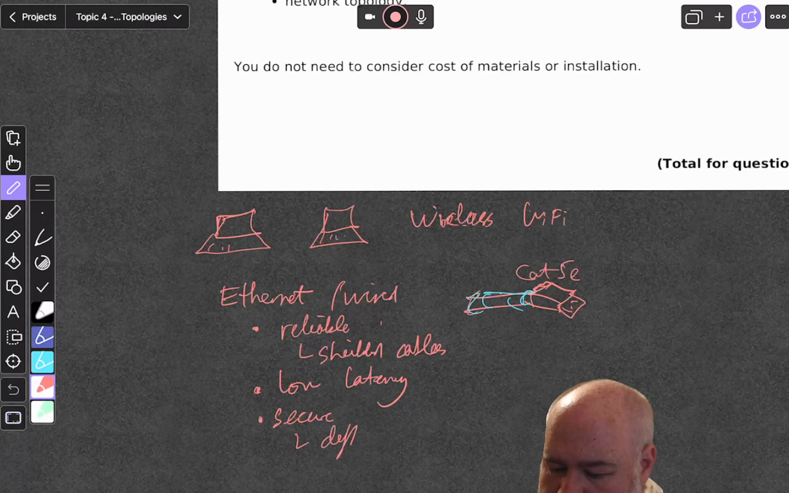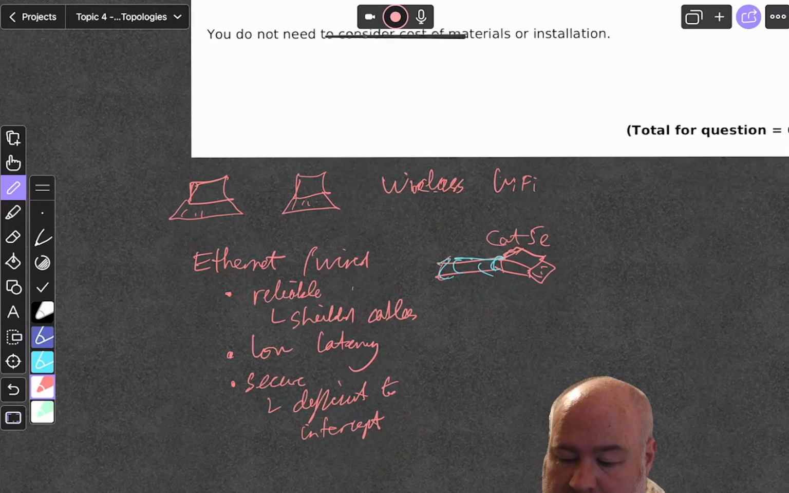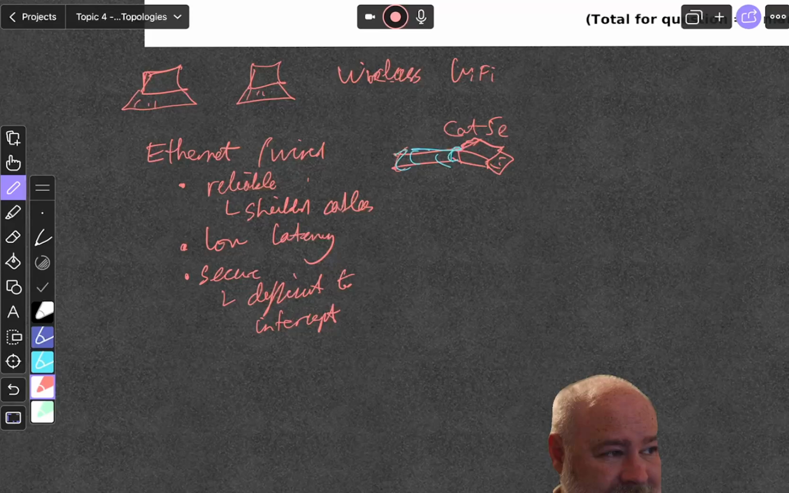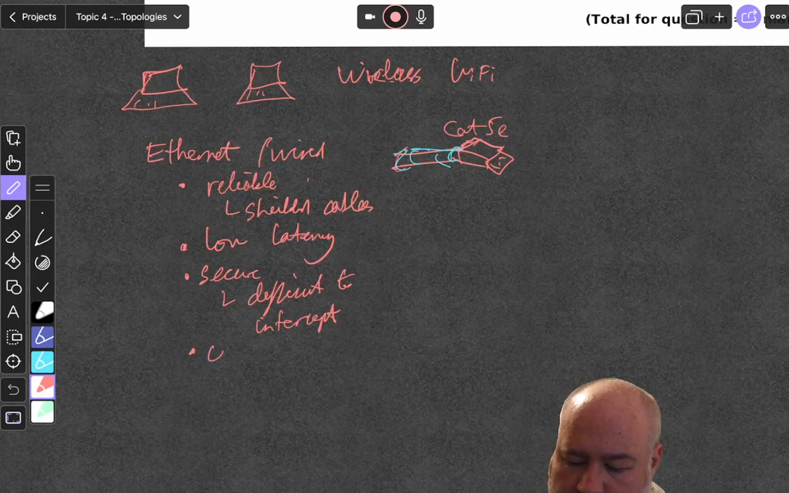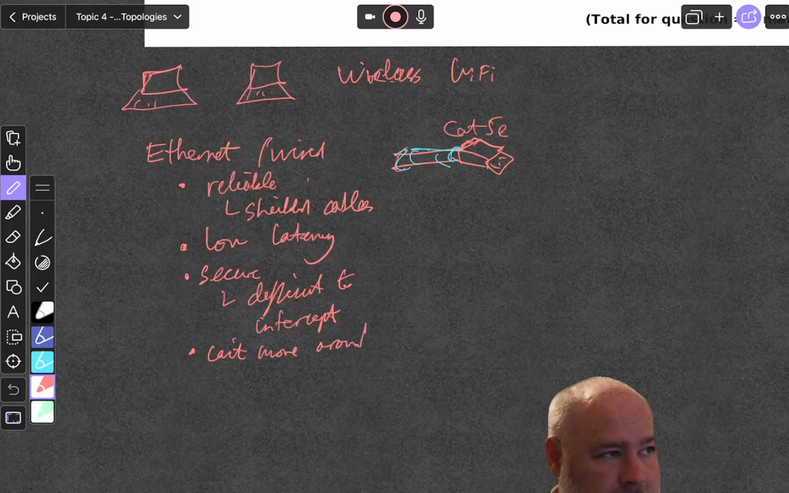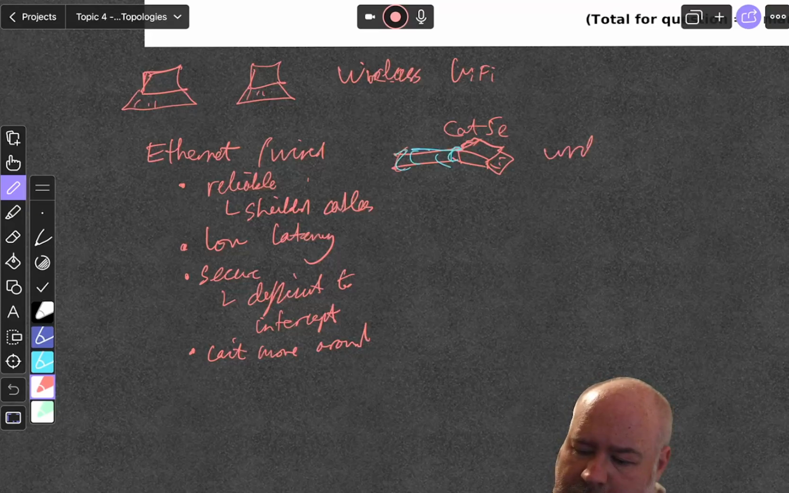Difficult to intercept. Okay, because the data is going down a cable, isn't it? But one of the problems is you can't move around. Obviously, it's going to be faster as well, an Ethernet connection. So wireless